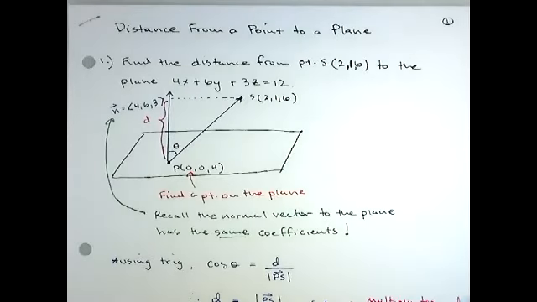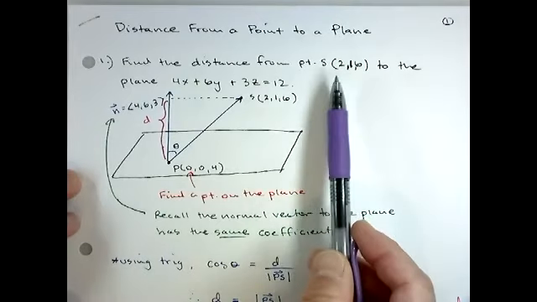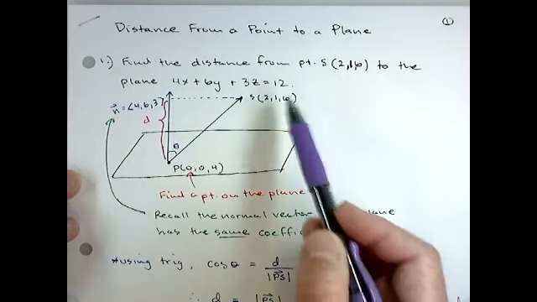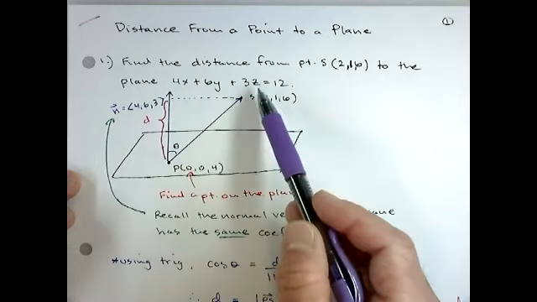All right, in a previous video, we found a nice way to use vectors to find the distance from a point to a line in three-dimensional space. Now we can find another way to find the distance from a point to a plane in three-dimensional space. So our problem is to find the distance from the point S(2, 1, 6) to the plane 4x + 6y + 3z